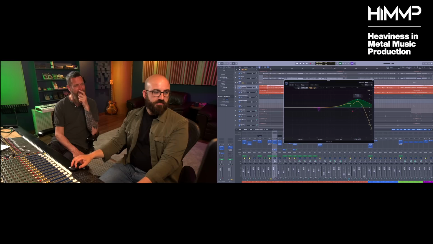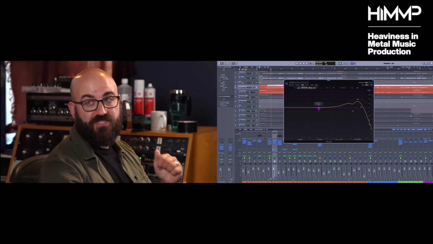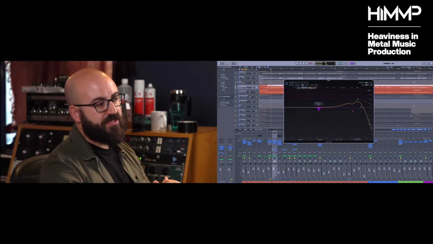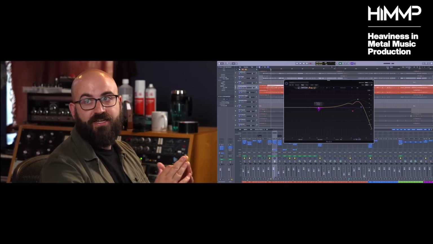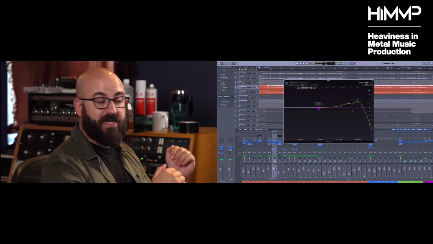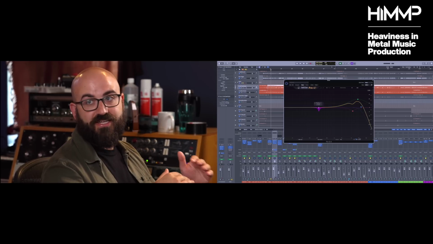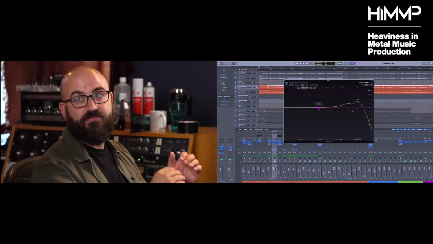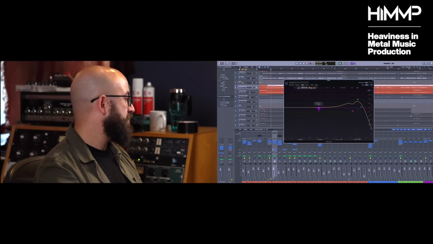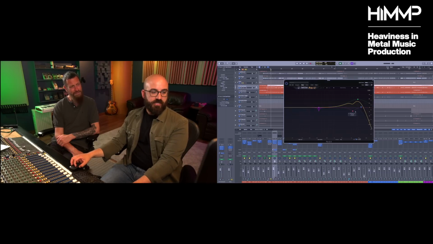I'm increasing the amount of top end, and it looks like around here I'm doing a dynamic reduction on the same fundamental frequency of the drum, just to prevent it from getting too boxy, especially on softer hits. This is something where a blast beat can become problematic if you've boosted a load of 200 into the snare. That works fine when you've got a lot of balance in the upper mid-range because the drum is hitting hard. But when he starts doing a softer center hit, it's so much less bright sounding that suddenly that fundamental tone can become really overwhelming. So that's probably why I'm doing what looks like about 3 dB dynamic reduction around there.